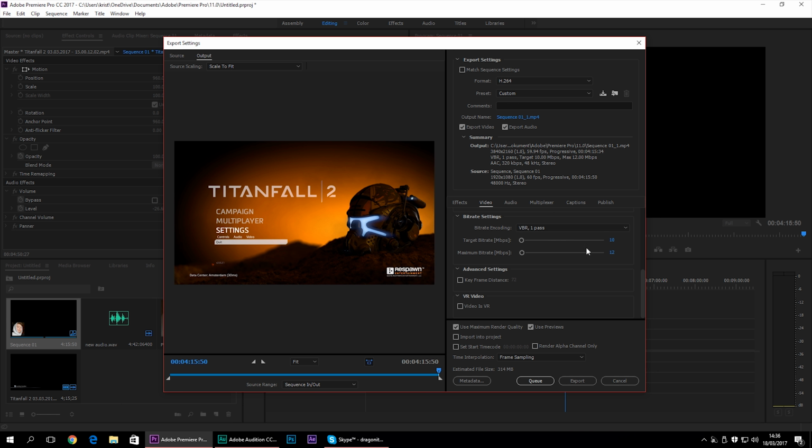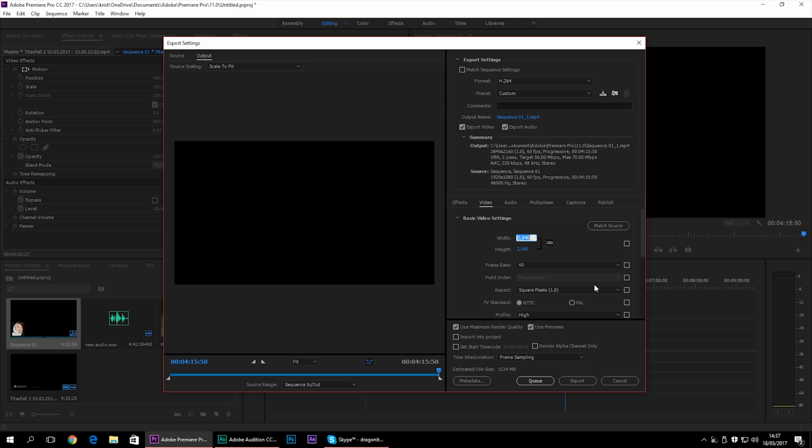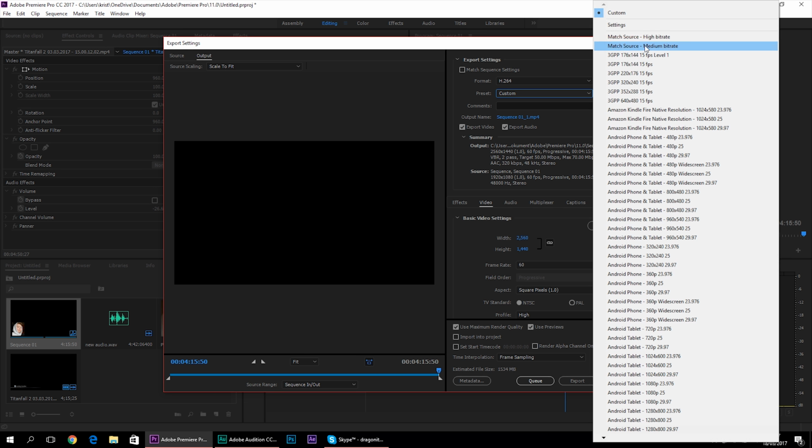Then you get the VBR at 2 pass, and now it's really important. This is the target bitrate, which the video is going to stay at most of the time, but sometimes it jumps up to 70. So we're going to press 50 here, and you can see it changes on both of the sliders. The maximum bitrate slider, put that to 70. So you don't get higher than 70 bitrate, but yet don't get lower than 50. So now you're going to change the frame rate back to 60 and then to 2560, and then it automatically changes to 1440. Now as you can see, you got the settings that I use for any of my videos.